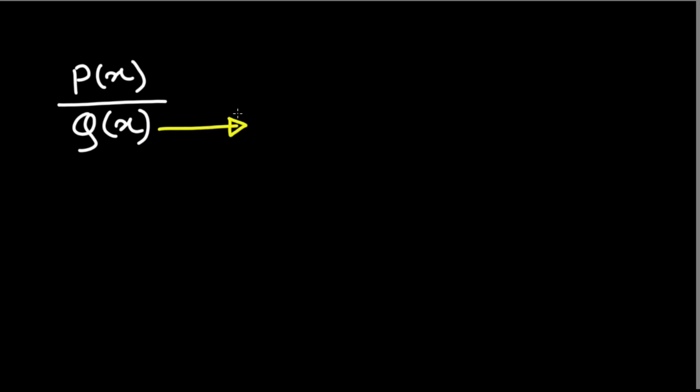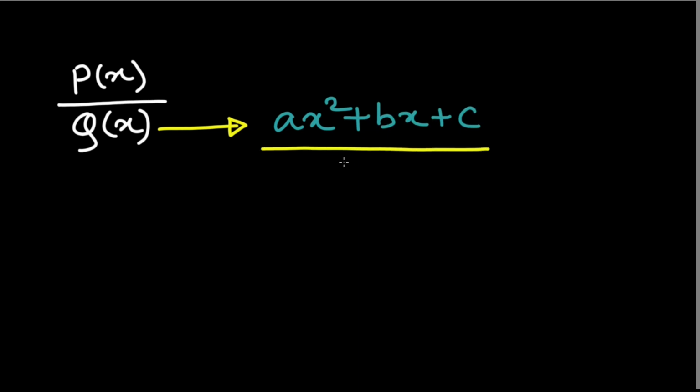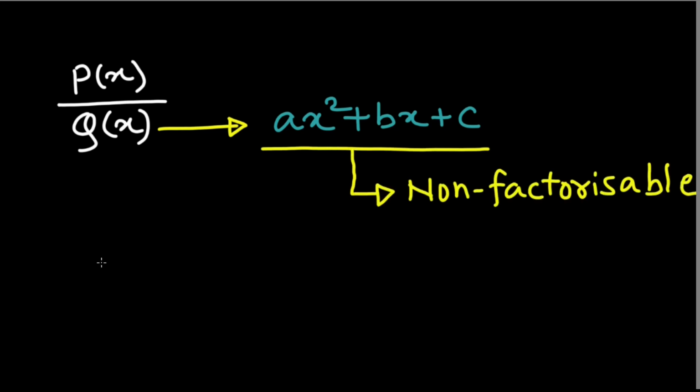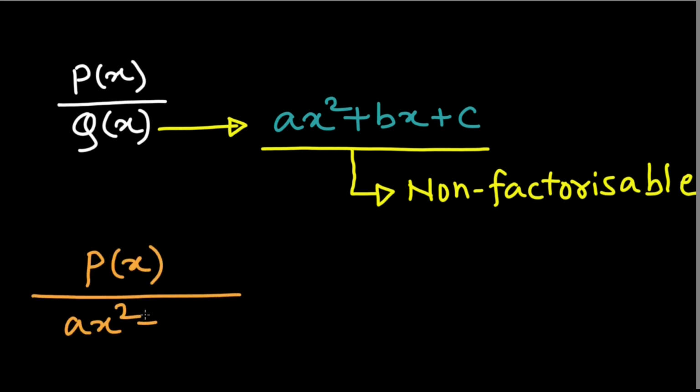In this video, we will discuss how to decompose a rational function p(x) by q(x) into partial fractions when its denominator q(x) contains non-factorizable quadratic factors such as ax² + bx + c. Here, the quadratic factor ax² + bx + c is non-factorizable. So the rational function will be of the form p(x) upon ax² + bx + c, where this